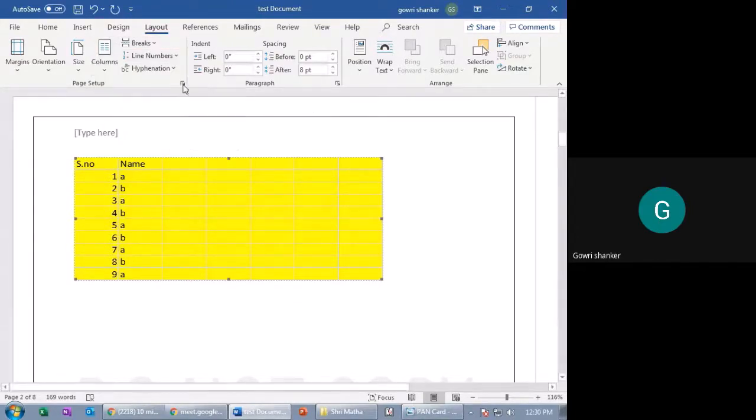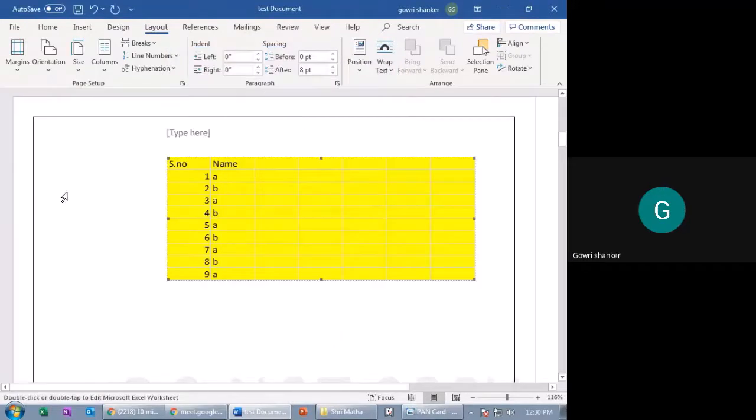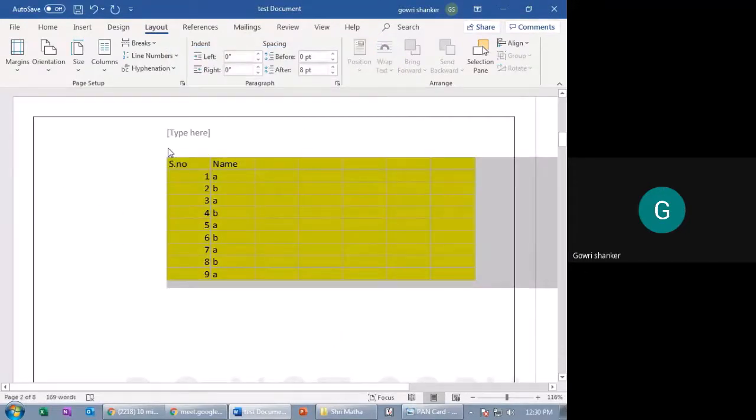These are the page setup sizes where you can set up top, bottom, left-hand side, right-hand side, and gutter position. For example, you can see the left-hand side gutter, this particular line will change. See, the position will start from here.